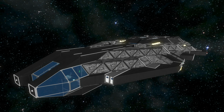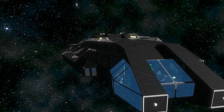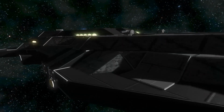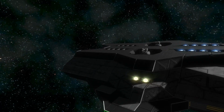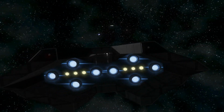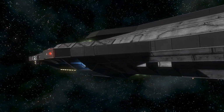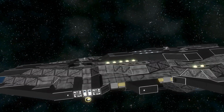Alrighty, so last but not least, we have the Shadow Alpha Stealth Cruiser. I think I got that right. So this is primarily designed to be, go figure, a stealth cruiser. So there's a couple of interesting things about it, primarily that it has retractable weapons, which, if you are keeping up with my current Let's Play section of Space Engineers where I've been building my own ship, the retractable weapon idea is something I've been playing around with, so I was really curious to see how they managed to pull